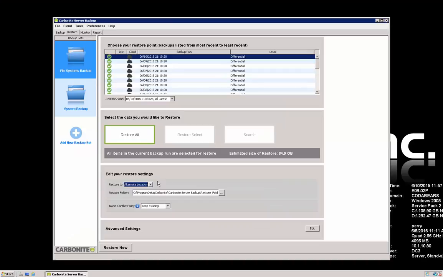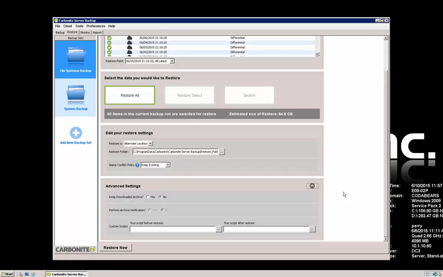With restore select, we also have the ability to edit restore settings, such as putting the files that we download into an alternate location or their original location. We can also choose to restore them to a different folder should we choose not to put them in their original location. We can also decide whether we want to keep an existing file in the case of wanting to have 2 copies of the same file, or we can overwrite an existing file, which can be used in the event where a file becomes corrupted or has been lost completely. You can also rename the existing one, or rename the restored one, giving it something like file name 1 or file name 2. We also have advanced settings, which allow us to choose between keeping downloaded archives, performing archive verification,